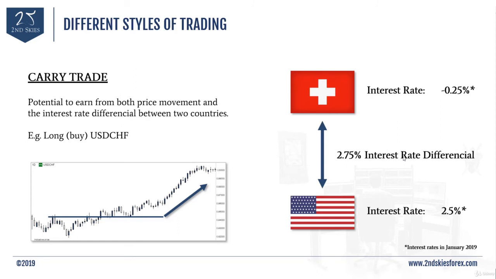This was a very, very popular trading strategy in my early years, between 2000 and 2006, because the interest rate differentials between certain countries were massive. Some of them were 4, 5, some of them 7%. So you were gaining that 7% interest rate differential per day. And if you got the direction right, then you were really getting two incomes. Carry trading as a strategy or style is an opportunity to get two incomes. How is that? Because you're making money on the direction of the trade and you're making money on the interest of the trade.